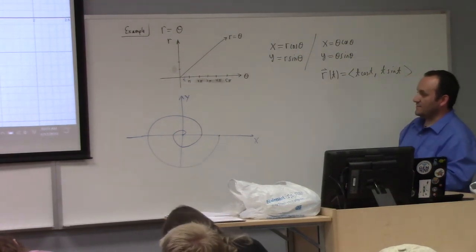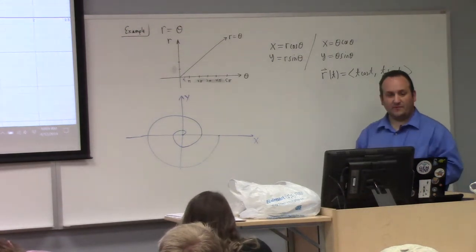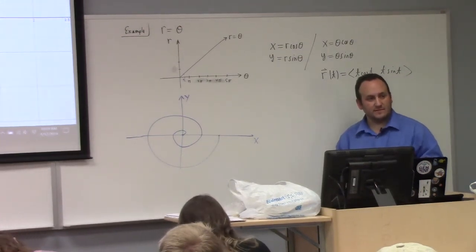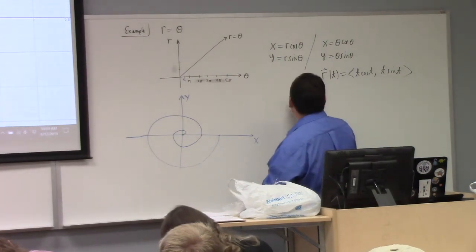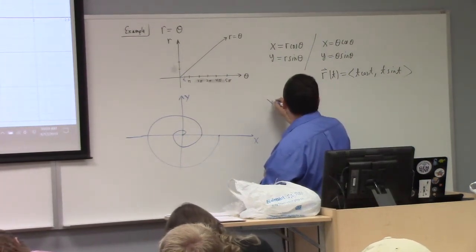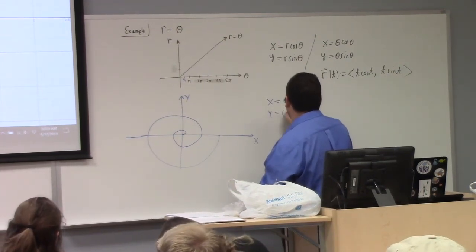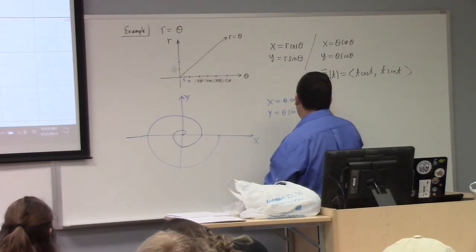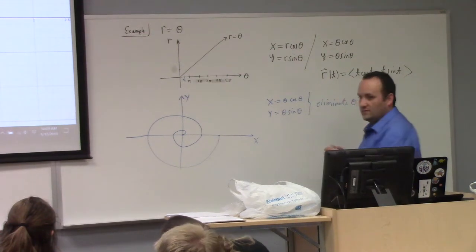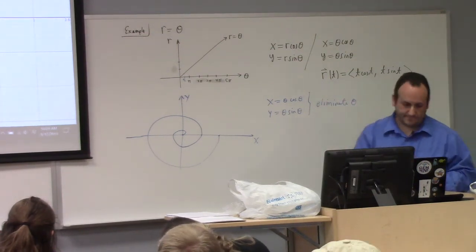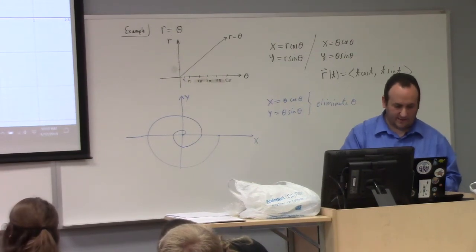You might ask me, what's the Cartesian equation of the spiral? I don't know right offhand. I could try to find it. To find the Cartesian equation of the spiral, we'd have to take x equals to theta cosine theta, and y equals to theta sine theta, take these and eliminate theta. Can you do it? You might be able to do it, but I think it's more fun with the remaining class time that I don't have